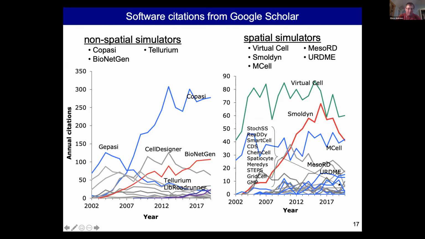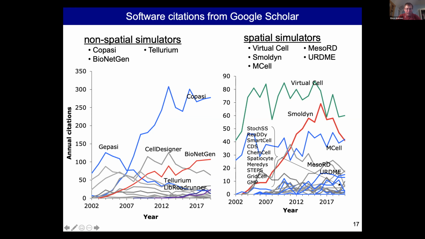Advantages of Tellurium and Roadrunner are the interfaces, so you can use them at a higher level of detail than Copasi. You can get in there with code interfaces, which you can't do with Copasi. But anyhow, it's just fun to see what's out there for citations of these simulators.